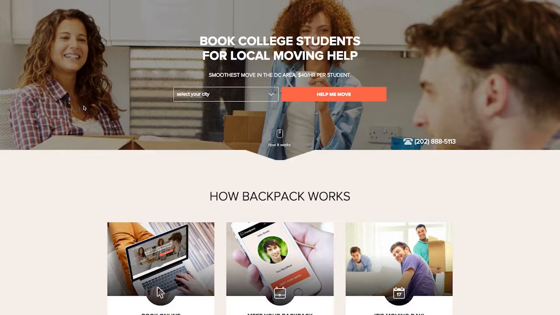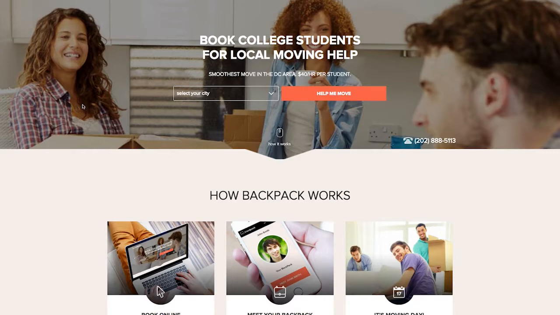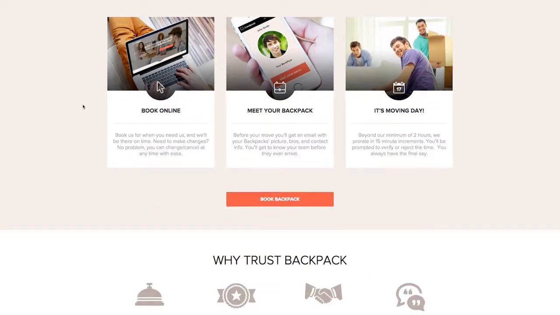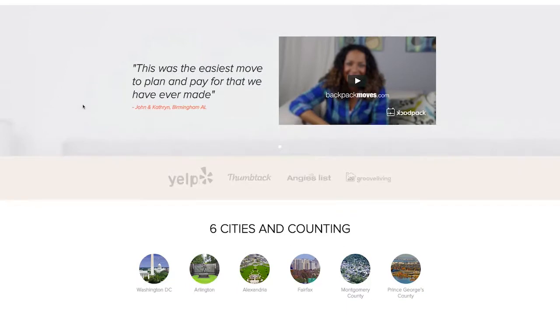So we always make sure that our designers and our developers are two different people, or two different companies, but the skill sets are quite a bit different, and we have found the best results with making sure that these are two different entities. So we take this design, we send it to our developer, and our developer works on it and creates our website. So this is the final Backpack Moves website,